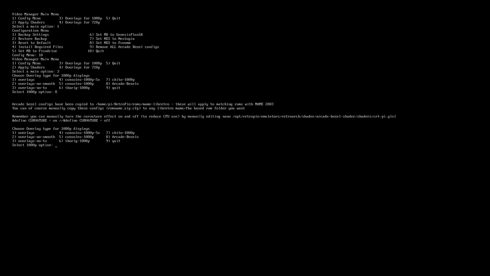Oh, actually, yeah, I just thought most of the grunt work is done on that earlier step where we install it. That's copying across. This just puts the config files into place, so that's why it's much quicker. And as the details say there, I say what files have been written to where. So these files are going to be written in the MAME libretro folder, which means that MAME 2003 will automatically